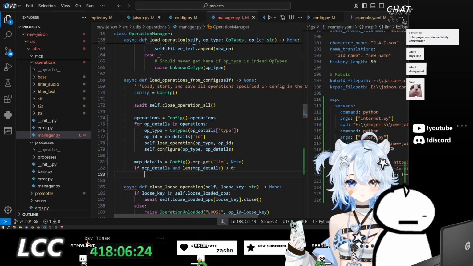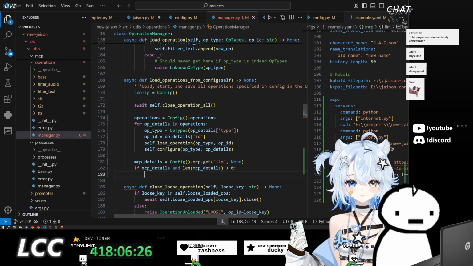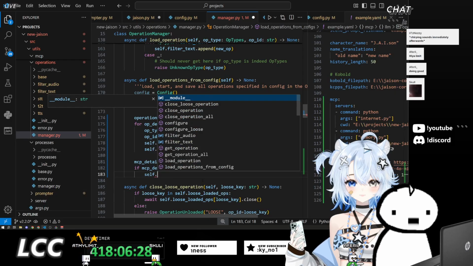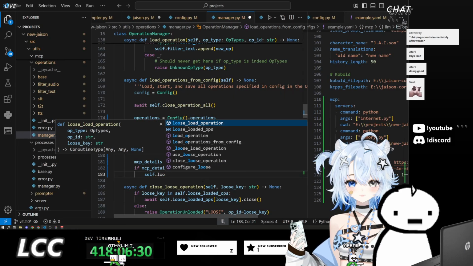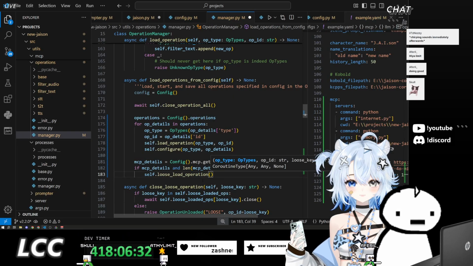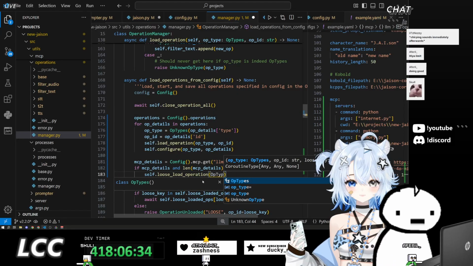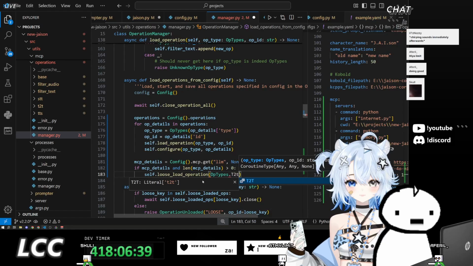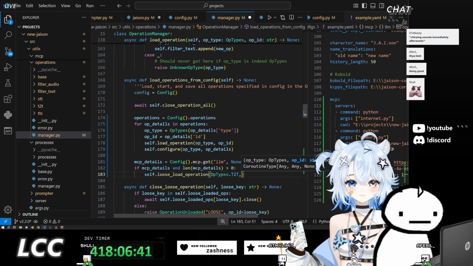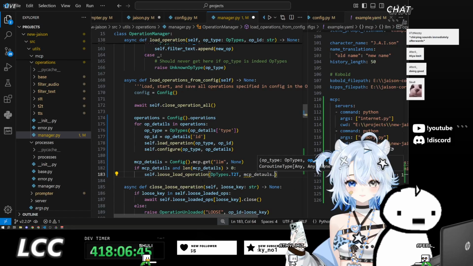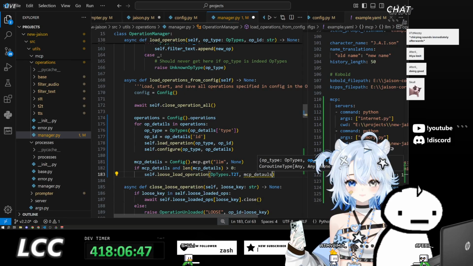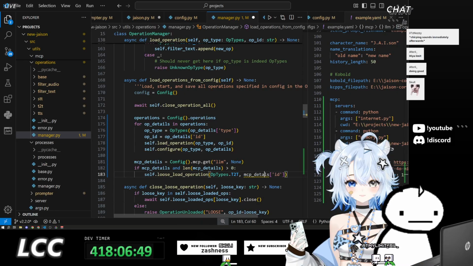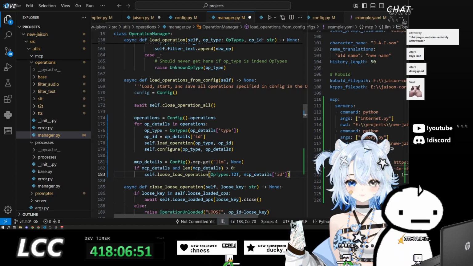Okay, so what's it called? Self.loose load operation. This will take in op type. We want the text to text one specifically. We will put in the op ID, so this is MCP details.ID. What else do we need to pass?